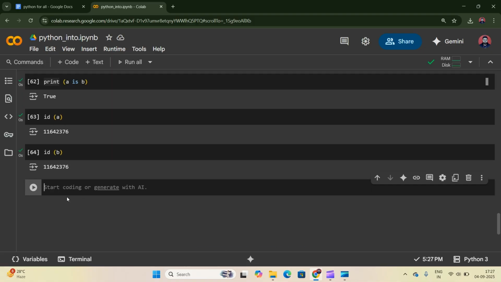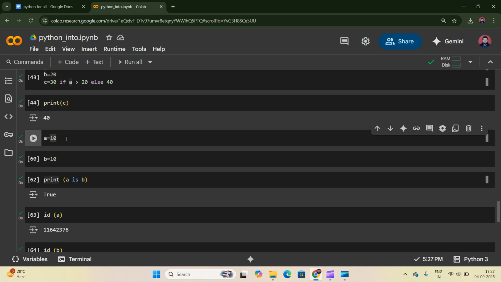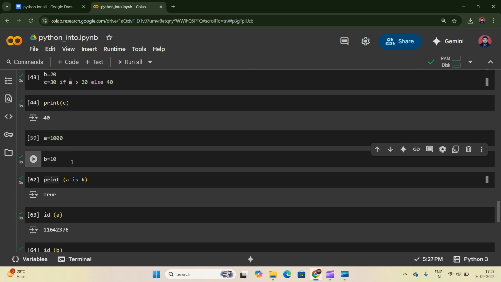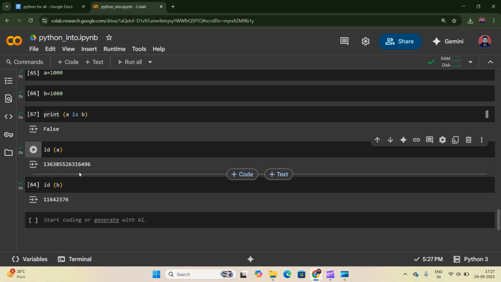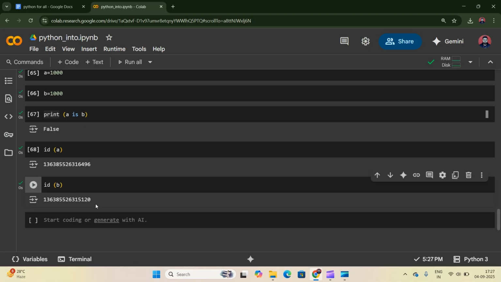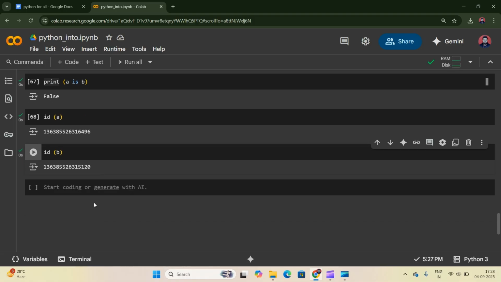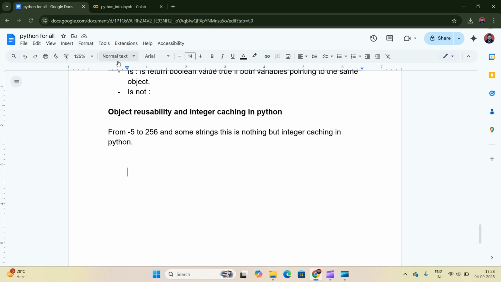So now if I take a larger integer here, let's say suppose 1000. So now what will happen? a is b will give False because it is out of our range. And when we see the address location of a and the address location of b, both are different. So this is it. So diagrammatically, if we want to understand,